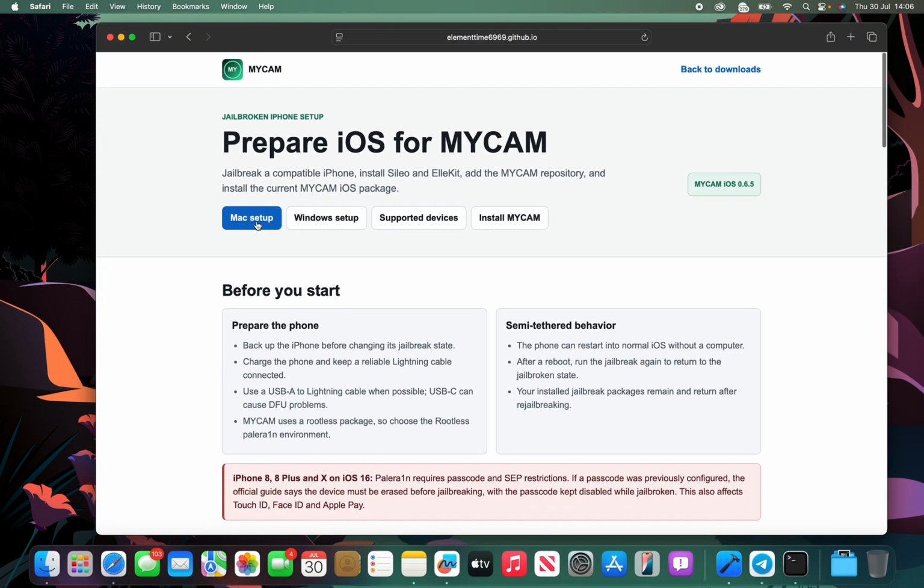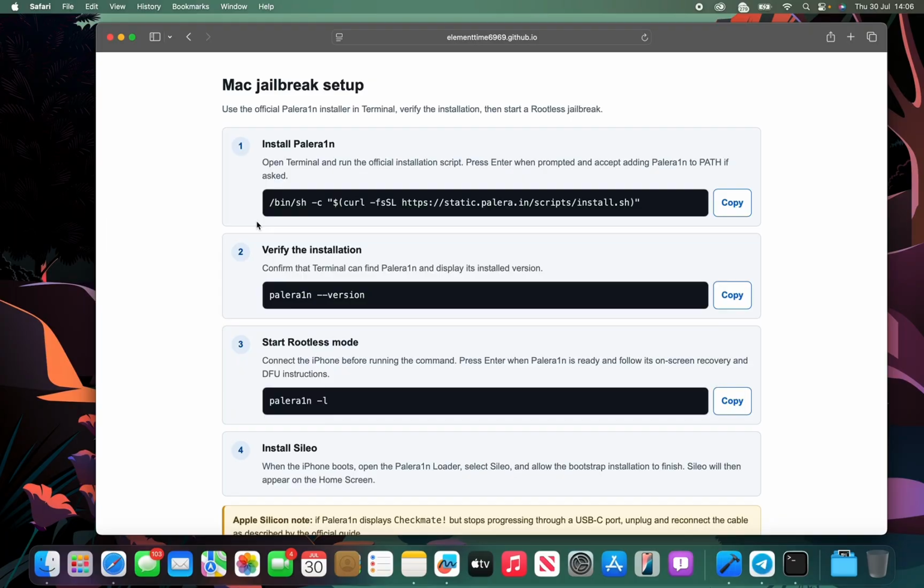Again, click on Mac setup. Mac means that you're using a MacBook Pro laptop. You have a MacBook Pro laptop, that's what that means, so don't get confused. You click on that because that's the laptop you own. The first thing that you want to do is to copy this line. Once you copy this line,